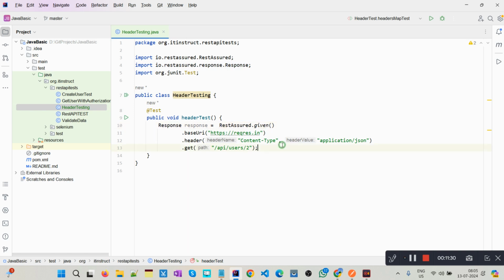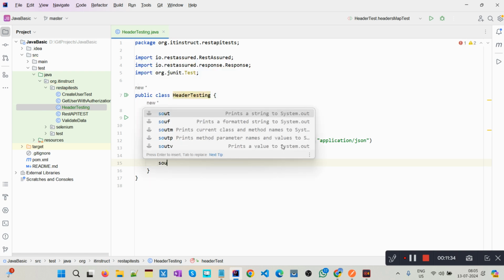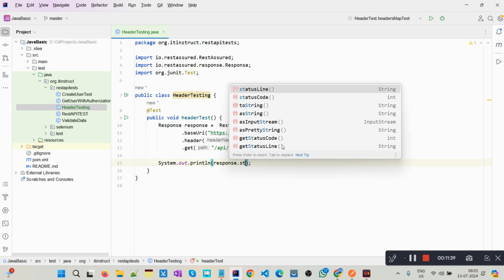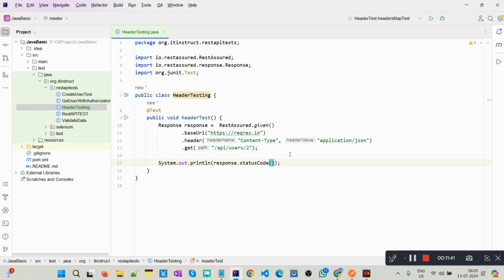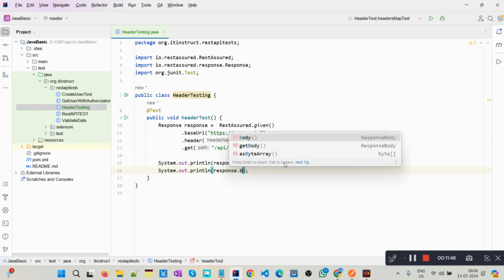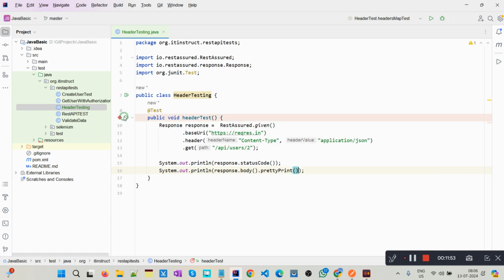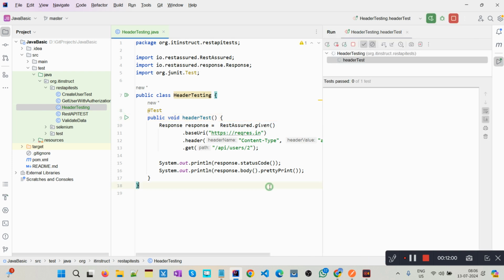So now here I can just store my response. I'll say response equals this. Now, if I simply print response, let me take this inside, so I can see response dot status code, and we can print the response dot get body also, right? So we can say response dot body dot pretty print. If I run this now,